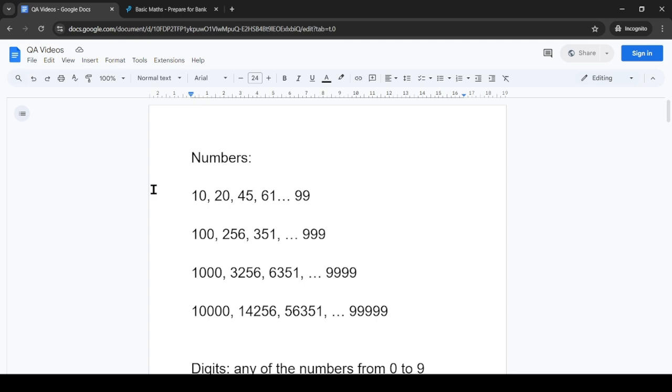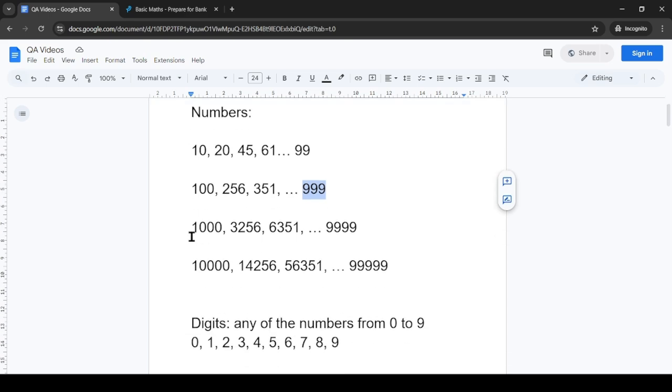As we all must have seen, we are familiar with numbers. Numbers come in 1 digit, 2 digit, 3 digit, 4 digit or any n digit format. Over here I have written some 2 digit numbers for you that start from 10. 10 is the minimum 2 digit number and 99 is the maximum possible 2 digit number. The same is true for 3 digit numbers, where 999 is the highest 3 digit number. Likewise 4 digit and 5 digit.